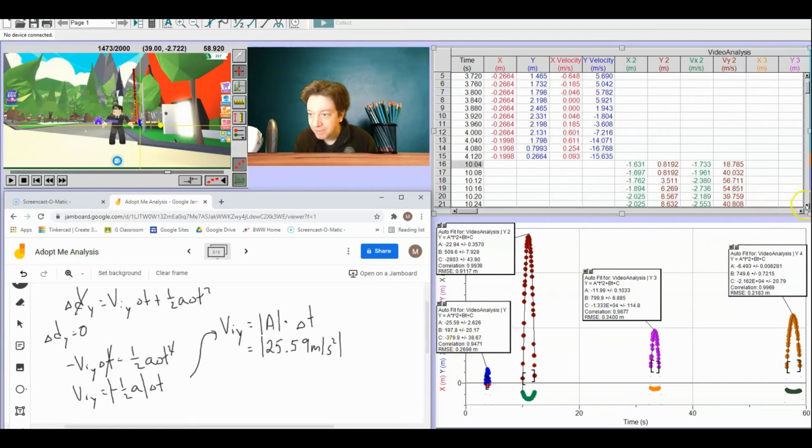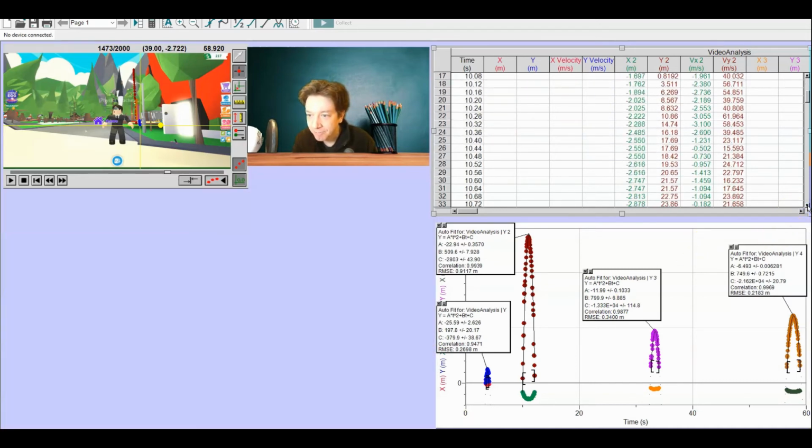So the time interval, it looks like we are starting the jump at 10.04 seconds. So it's always going to be final minus initial, so minus 10.04 seconds. And if we go down in our chart here to find out where we finished the jump, we finished at,